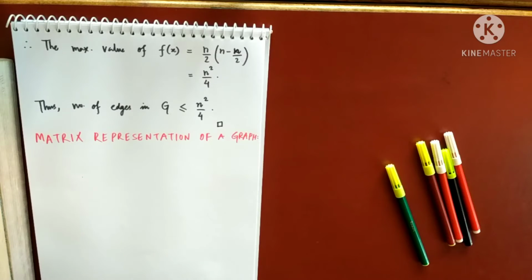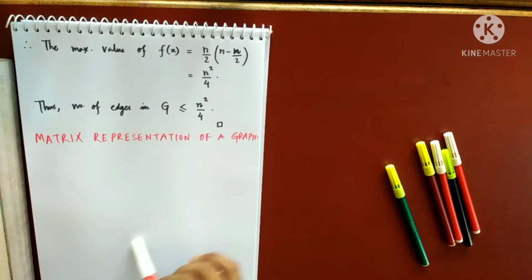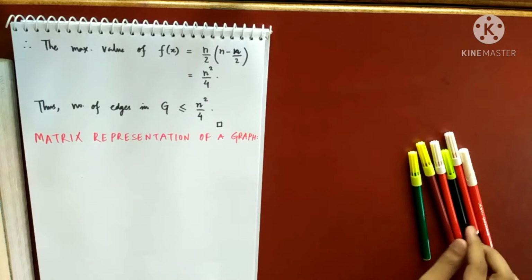Especially the computer science students will write a computer program for that, because if the graph has too many vertices and too many edges, doing these algorithms manually by hand will be very difficult for us. So we will make a computer program for that. But how to store a graph in a computer? We can draw a graph like this here, right? But that drawing is not possible while writing programs. So how will I store a graph in computer programs? By using some matrices. This is why matrix representation of a graph is important.